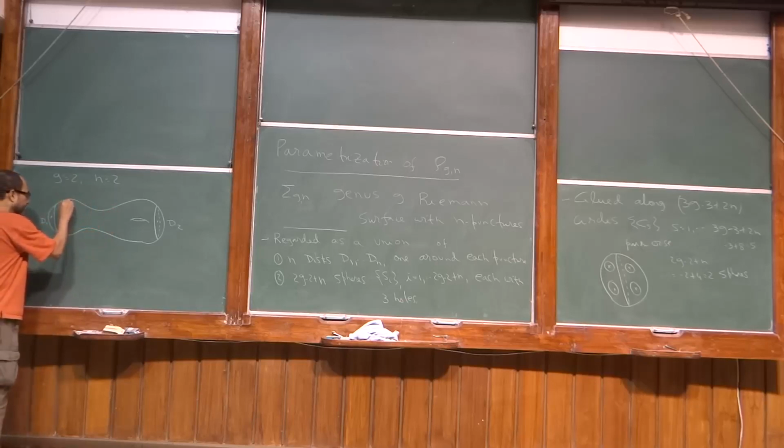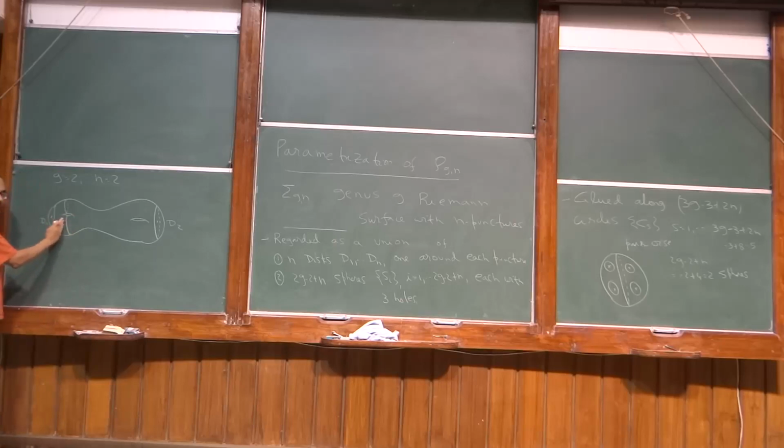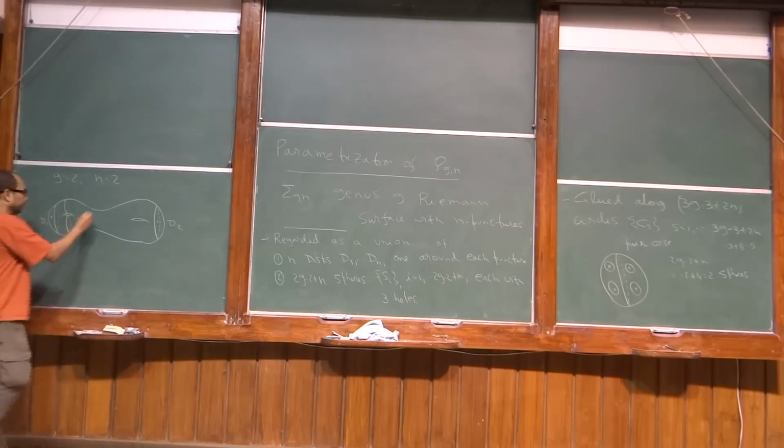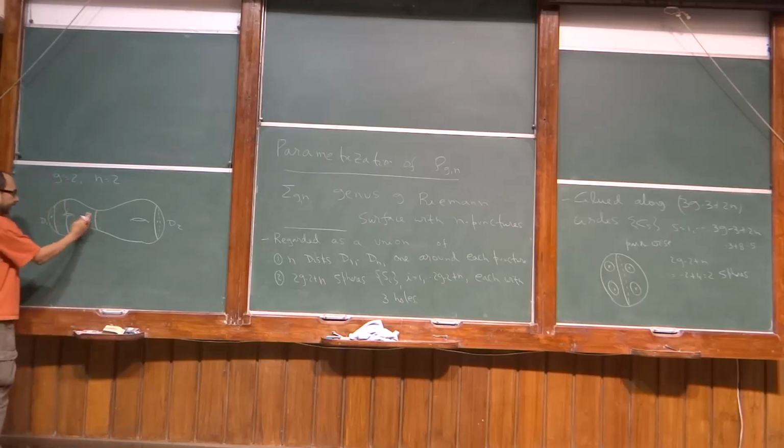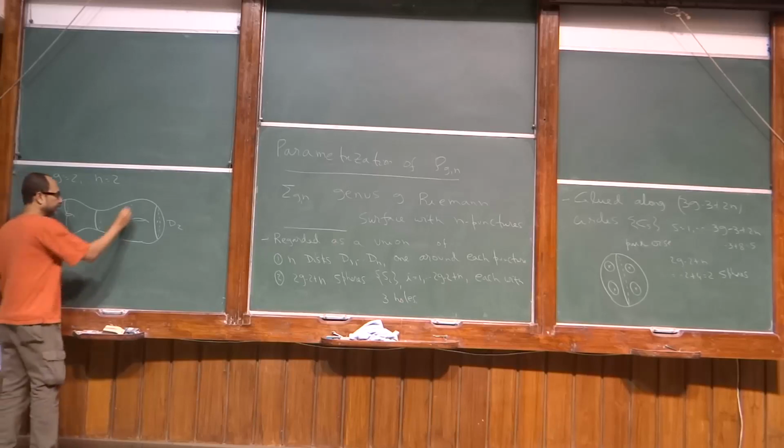So let's cut it like this. So this region, okay, is topologically a sphere with 3 holes, 1, 2, 3. Right? Otherwise it's simply connected, it's a sphere. Then here I draw this. So this region is again a sphere with 3 holes, 1, 2, 3. Right? This region is simply connected, that's a sphere up to these holes. Then you can put